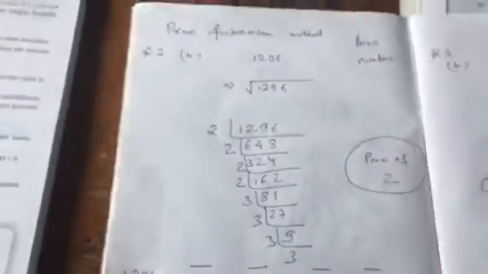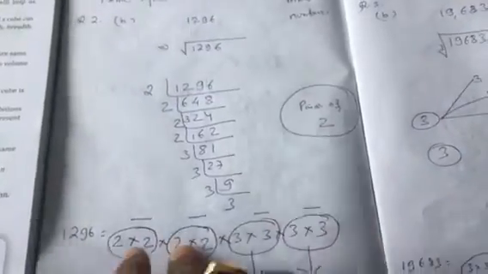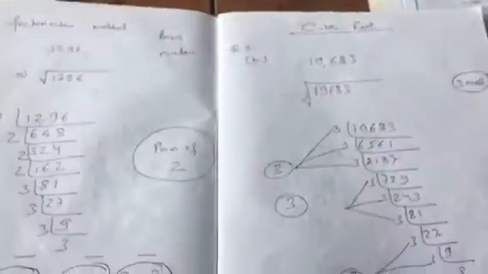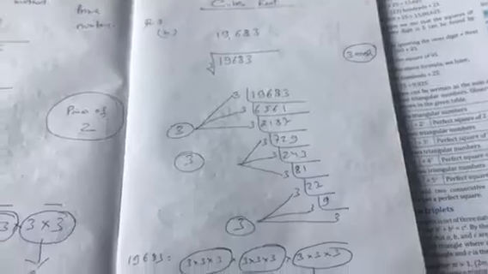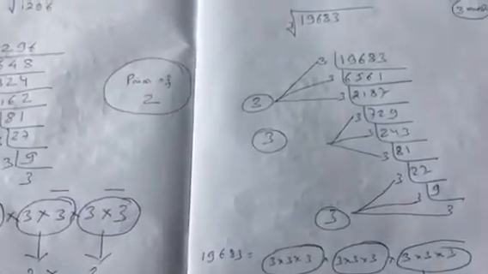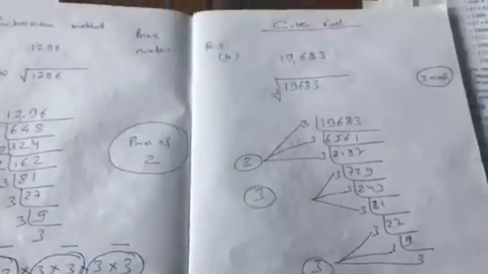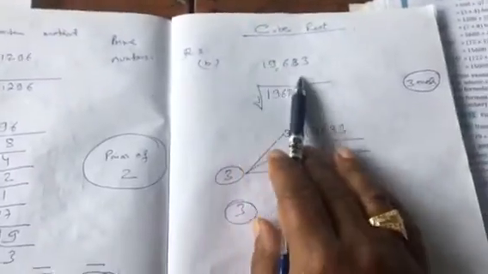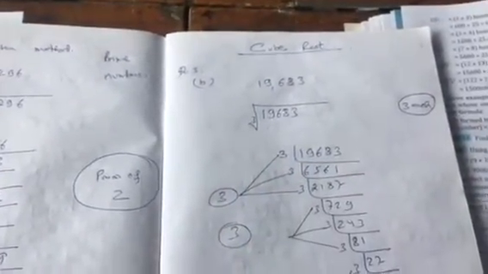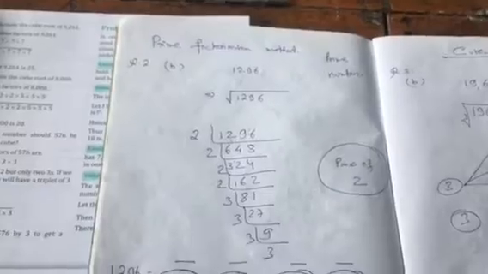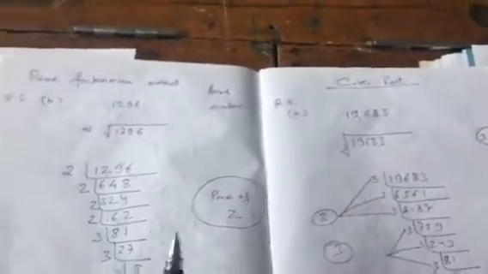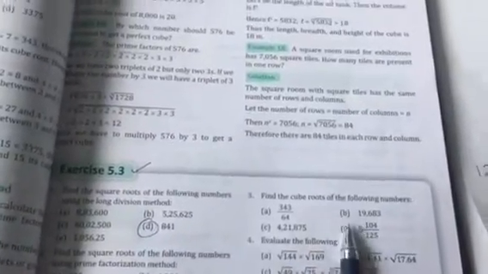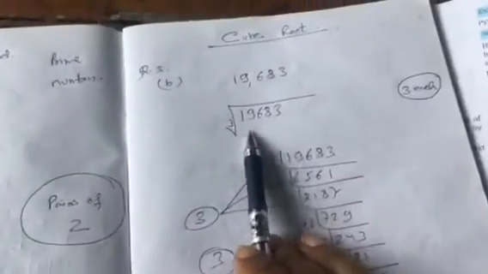However, for class 7 especially, this is class 8, it will be very essential for you also. But we will be doing it in a new video in the next class. For class 7 especially, you have been asked to find the cube root. The system is absolutely the same as you did for square root. One of the questions from your book is given here to find the cube root. Question number 3b, 19683. As you can see, I have already solved 19683.